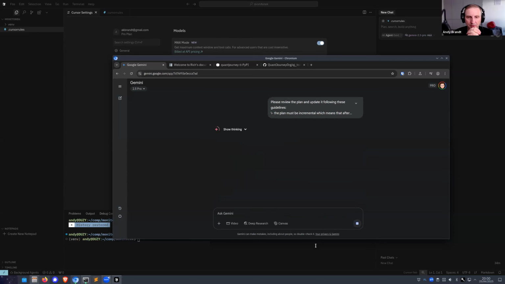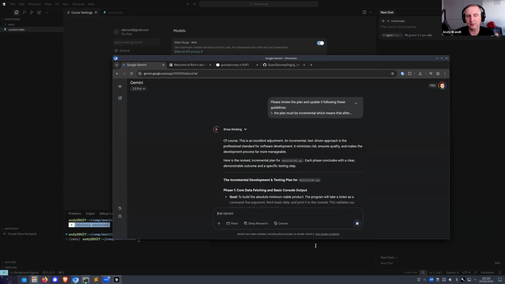I'm going through all this trouble to make sure that my agent stays on track as it works. The key problem of AIs is that they lose context, because an AI can only see as much as fits in its context window. Even the mighty Gemini with a 1 million token context window has that context window limited, which means that as we discuss the code, as it's generating code, reading code, and so on, very quickly it will forget what the original goal was.